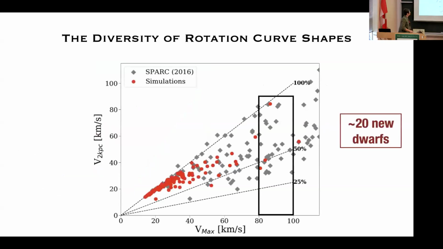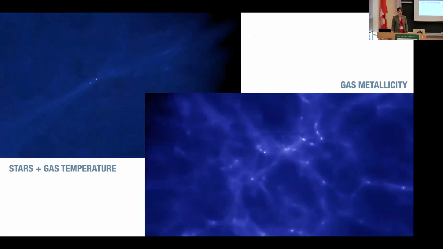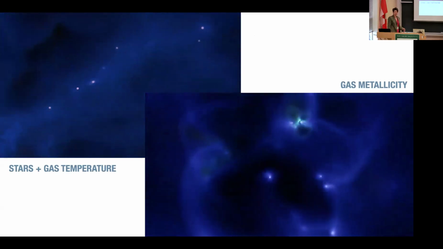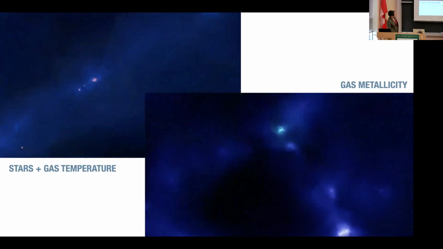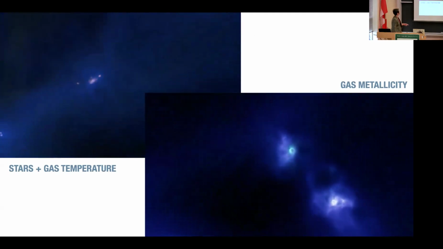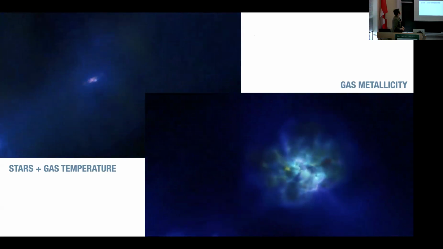So if I try to put them on the diversity rotation curve plot, I have a couple, but I don't have a whole lot. But there's already a tantalizing hint that maybe we have a big range. So I have spent the last year or so running many, many new Magellanic mass dwarf galaxies. And as Marta said, right, we're simulators. It'd be criminal if I didn't show you a movie while I was giving this talk. So hopefully this shows up okay on this, maybe better over there. It's over here. These are two of these new Magellanic mass dwarfs.